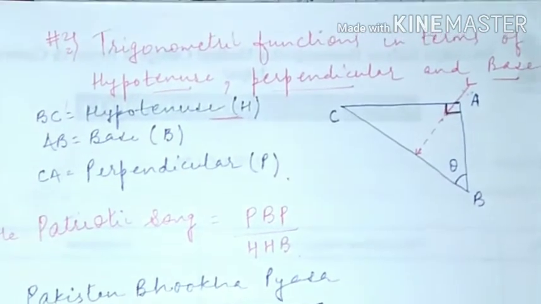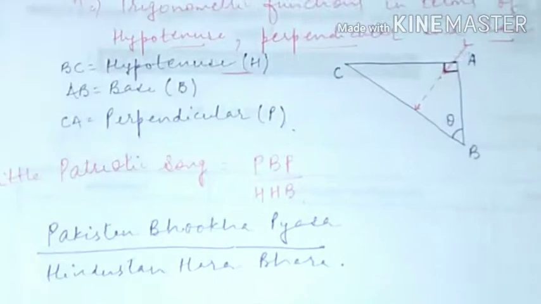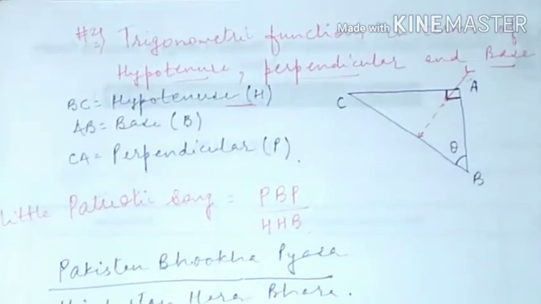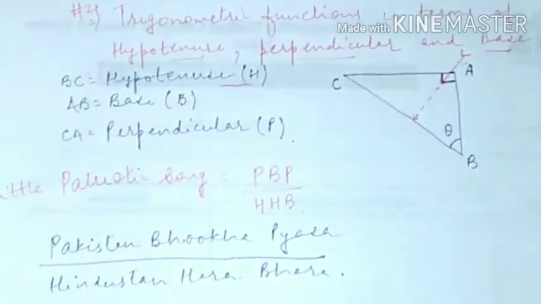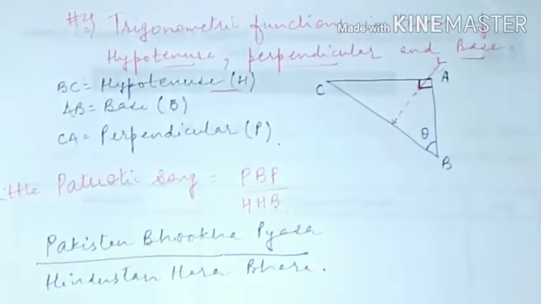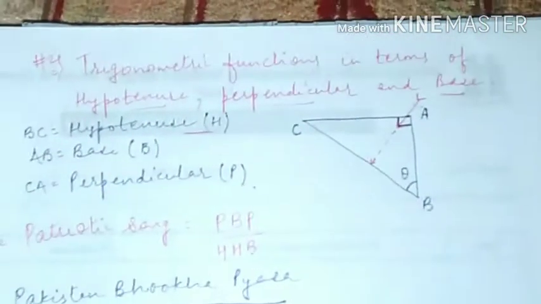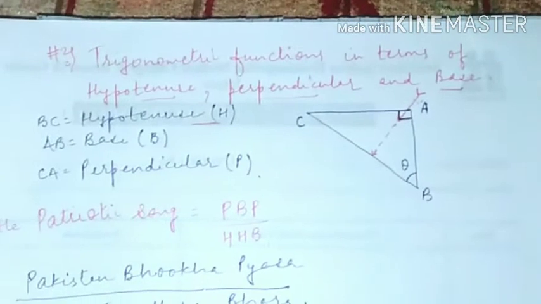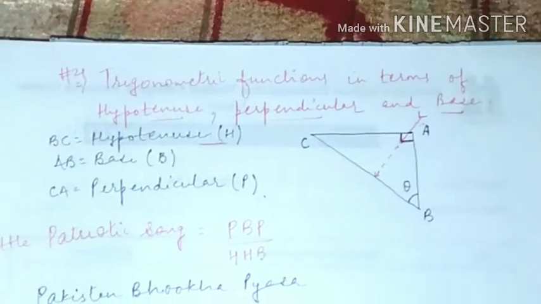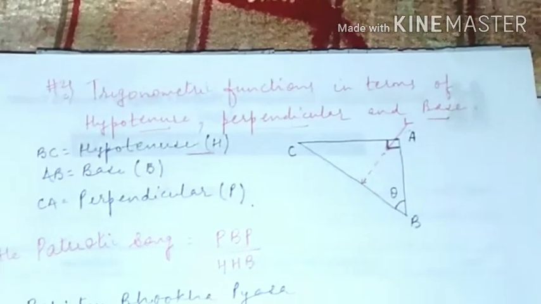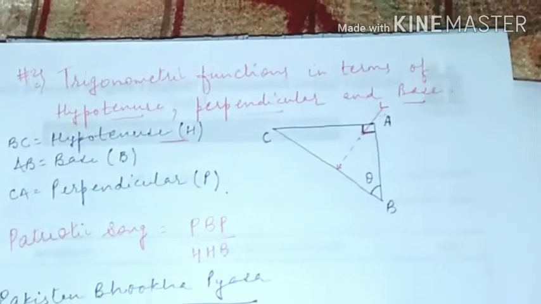So we can easily recognize the hypotenuse, and another way of recognizing it is that the biggest or largest side of a right angle triangle is known as the hypotenuse of the right angle triangle, isn't this so? So that is another way of recognizing the hypotenuse in a right angle triangle.